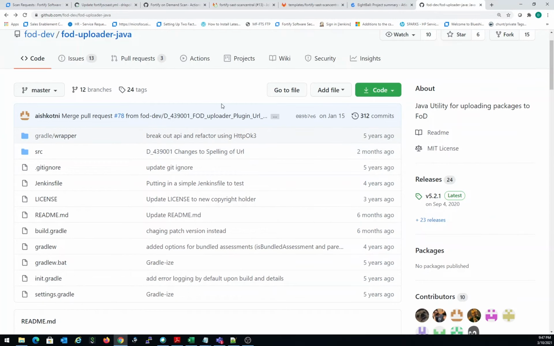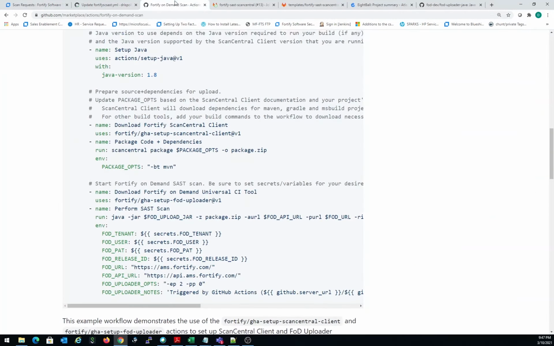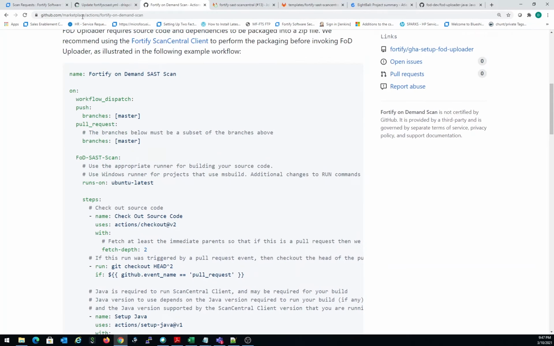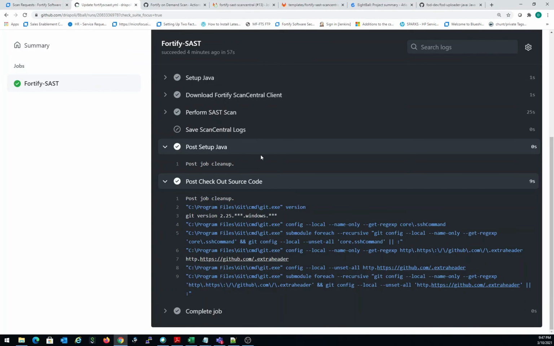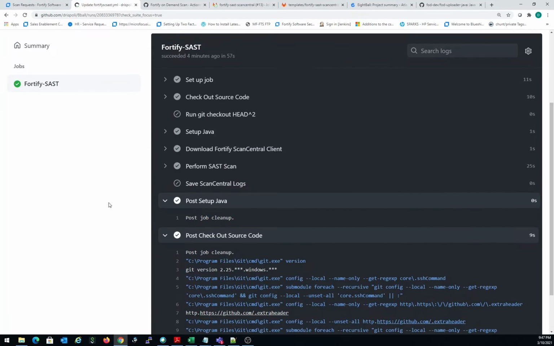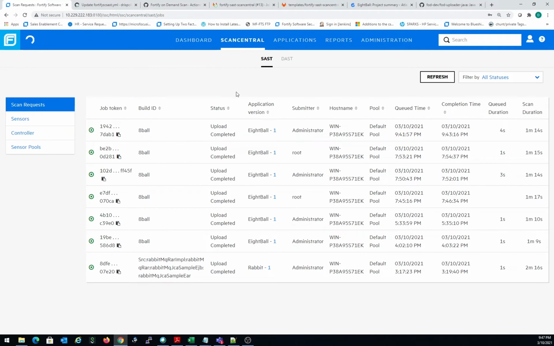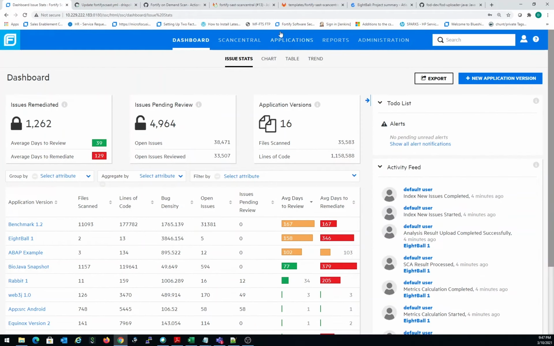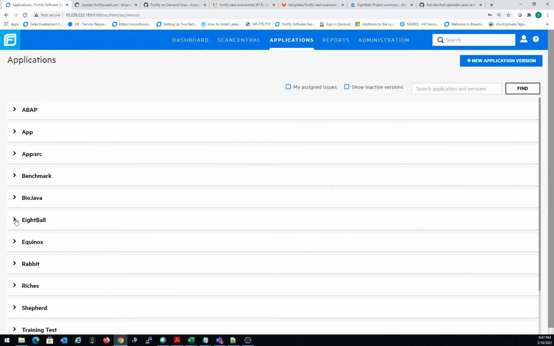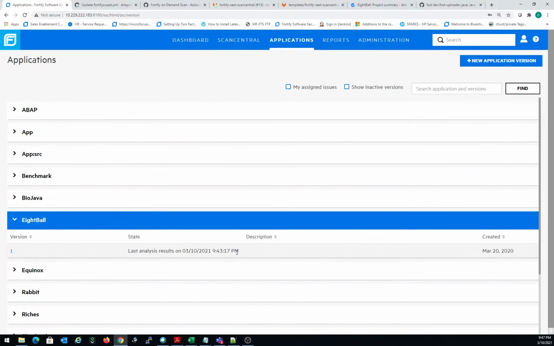So same way to configure, you can just copy the action, come here on your project, and I'll go back to this in a second. And so you see here, scan is done, everything is done. If you go to your dashboard or your applications, better applications, look at 8-ball, you see we have, and if you look here at the time of my clock, you see we have a project that was just uploaded,